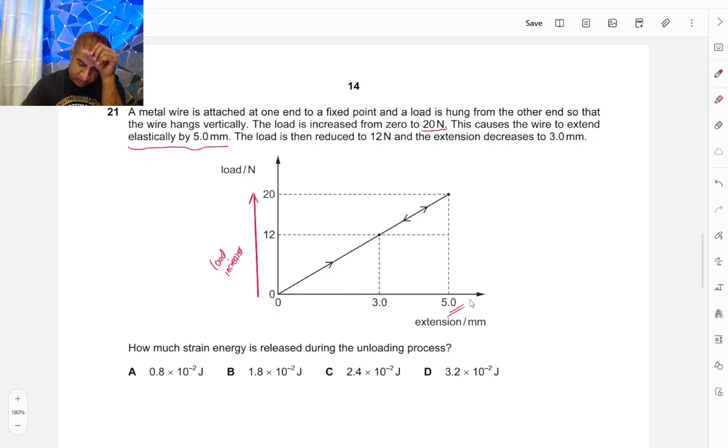The load is then reduced to 12. Okay. So we went back to this. And the extension decreases to 3 millimeters. We can clearly see that. How much strain energy is released during the unloading process? So we just need to find this area under the graph. This area under the graph will represent this. That is very simple. So area under the graph, we are just going to go with